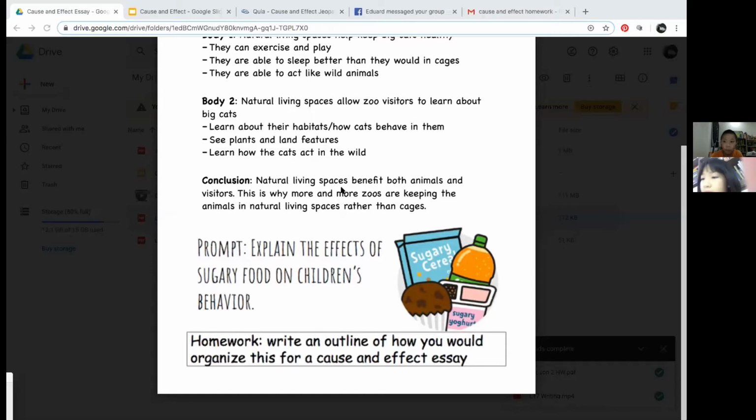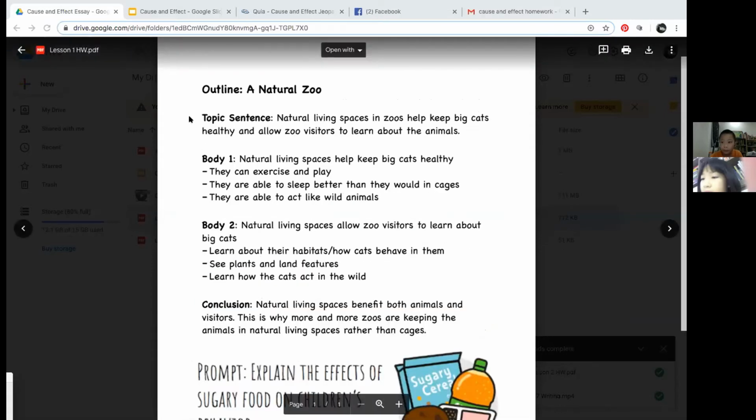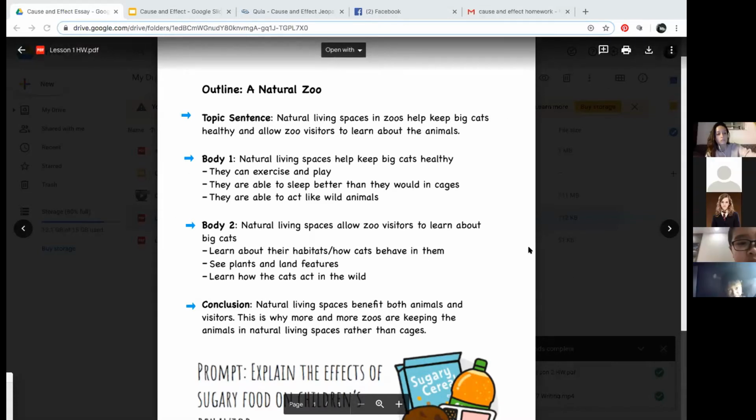Okay, so I was asking if we could do an outline. An outline would be, we need to include a topic sentence, what your first paragraph is going to be about, what your second paragraph is going to be about, and a conclusion, right? Not an entire paragraph, just a short outline to tell me what your plan is to write about. Just the planning for the essay.